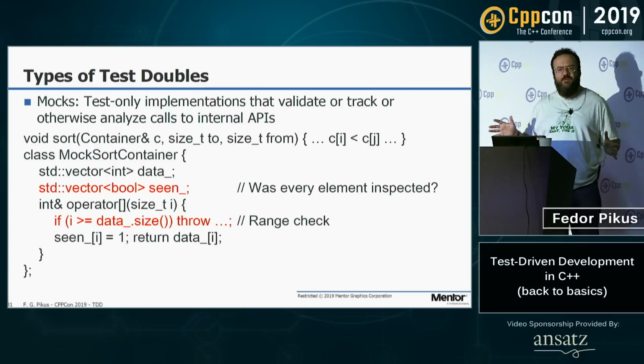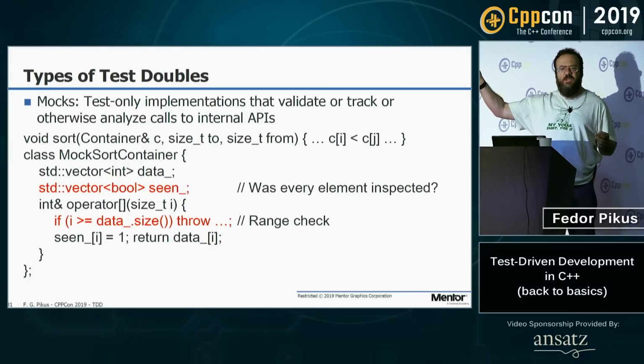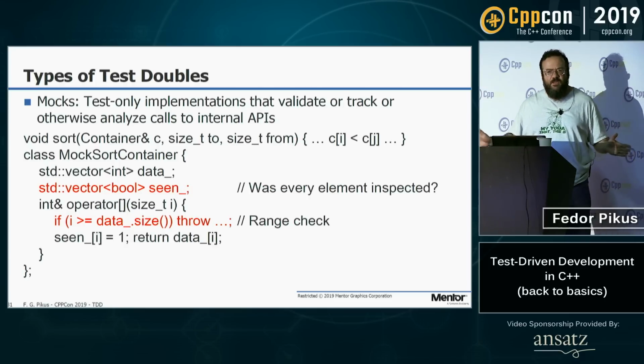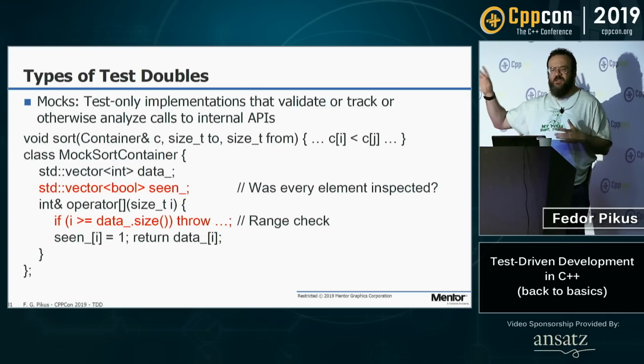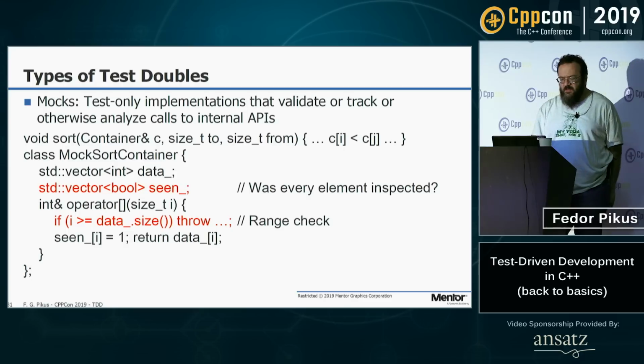Just because I got sorted results out of it doesn't mean that it always works. Maybe my input wasn't general enough. It just so happens that the last element in my input was the largest. And my sort has a bug, it never looks at the last element. Well, this wouldn't catch every bug, but if you didn't look at some of the elements in the sorted container, you can't possibly be correct in all cases. So I'm not saying that this is a good test. This is again an illustration for a simple case, but basically that's the idea.